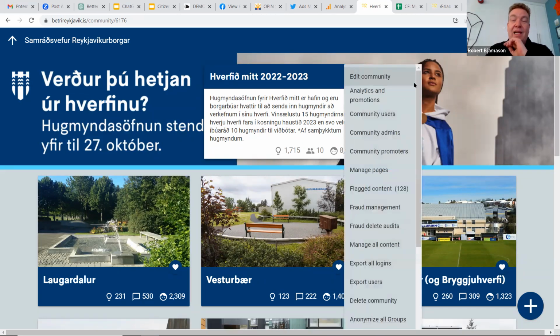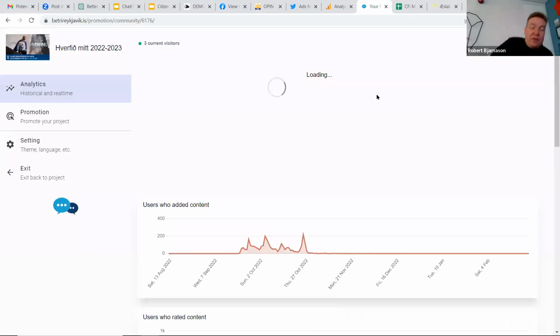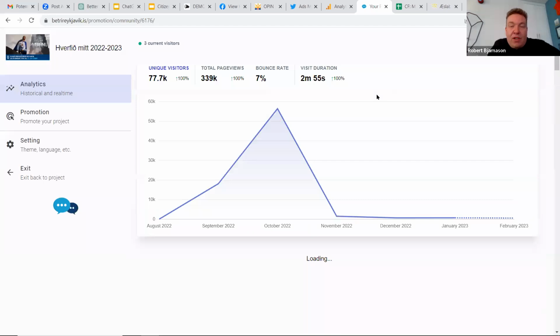Here, as a part of every Your Priorities community, you have an analytics and promotion menu item. So I click on that, and now you're in a built-in Plausible Analytics solution.